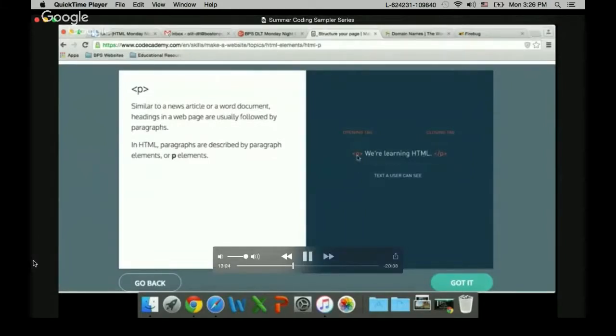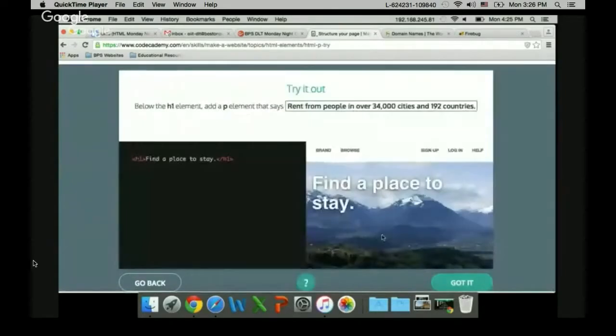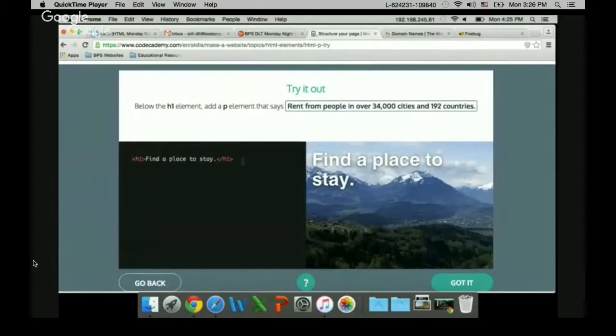And again, this is what the front end is not going to see these tags. It's just going to see the text that's in between them. Okay, so it says below the H1 element, add a P element that says rent from people in over 34,000 cities and 192 countries. Okay, I'm gonna come here to my right,